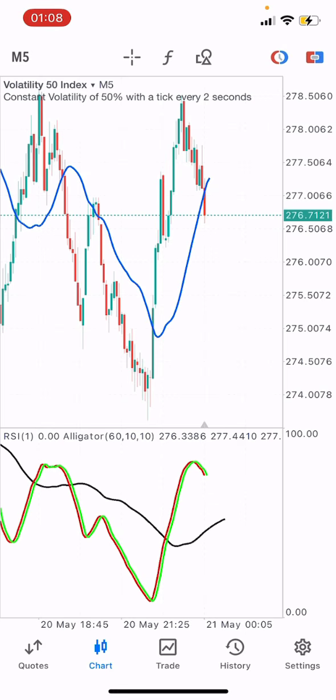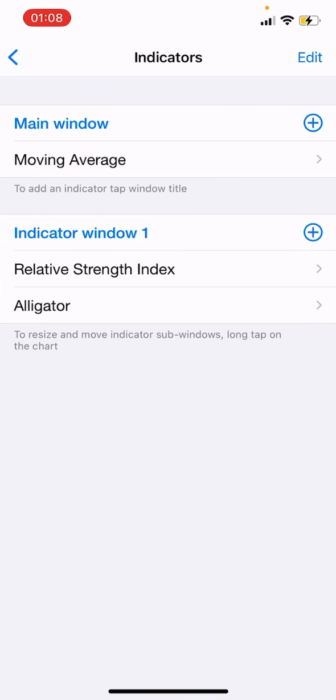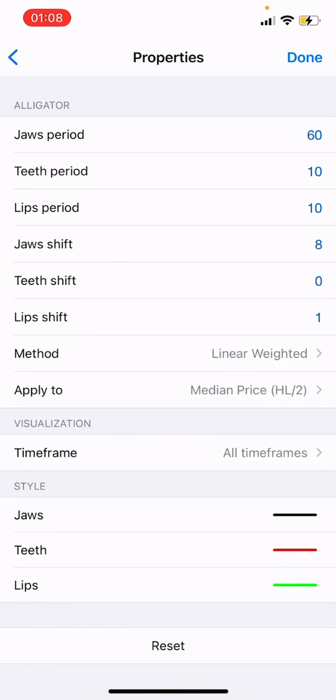Then the next thing is you put your alligator indicator. You search for it, and then this is what you should have. Please pay attention to the settings for the alligator. I understand that on our MT5, the arrangement is not the same for iOS and Android for this alligator. So at first you might have the jaw period, but the second setting here is not teeth period for Android users. It's going to be just shift. So make sure you pay attention to the